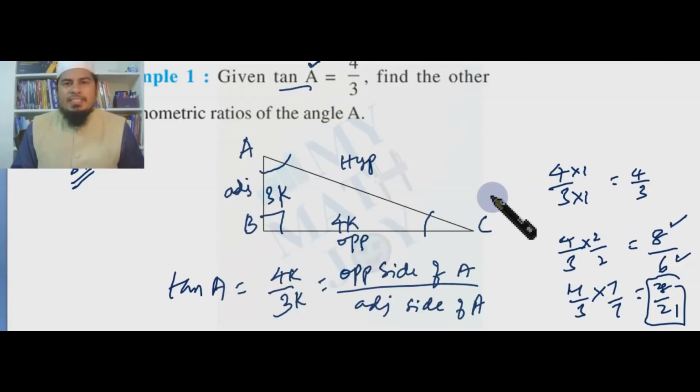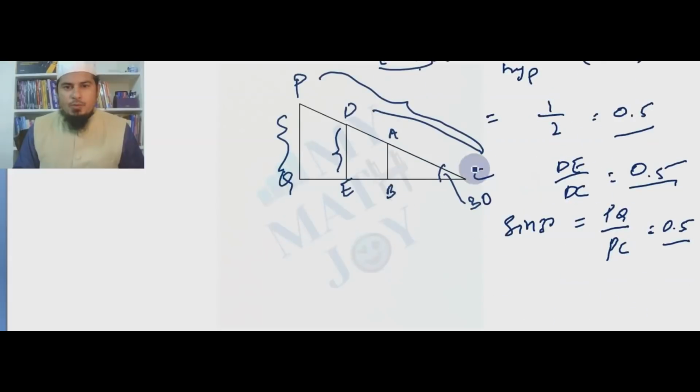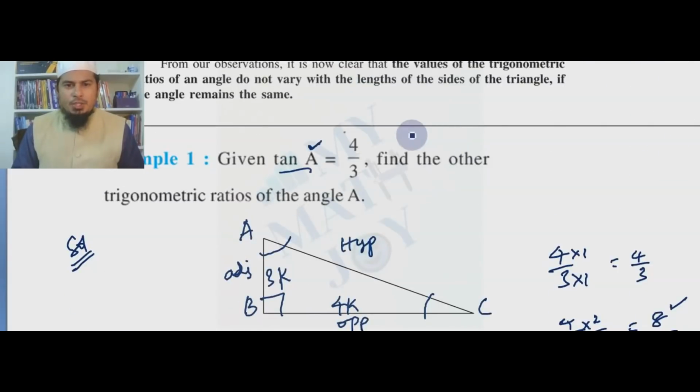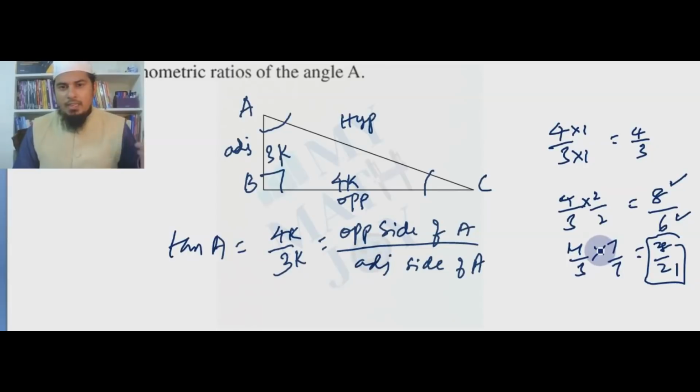Okay. I have said why this k came here, because in the previous question we have seen trigonometric ratios for different sides, but the angle of 30 has not changed. Practically you have tried these. That is why, whenever the trigonometric ratio tan A is given as 4 by 3, it could be exactly 4 by 3, where 4 represents 4 centimeter and 3 represents 3 centimeter. It is not like that. It is a ratio, so it can be like 4 times 1, any triangle it could be.